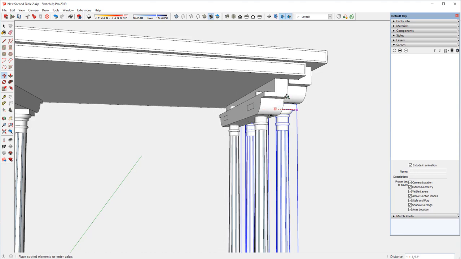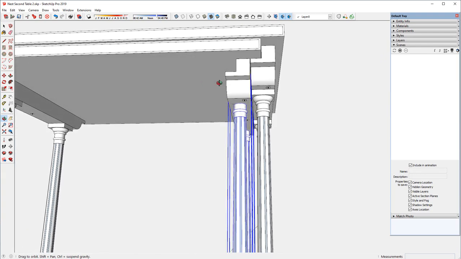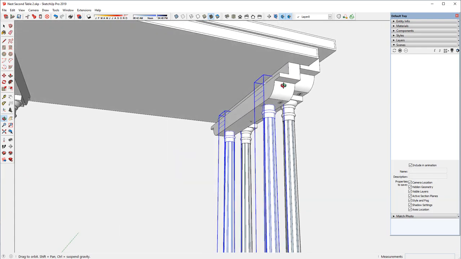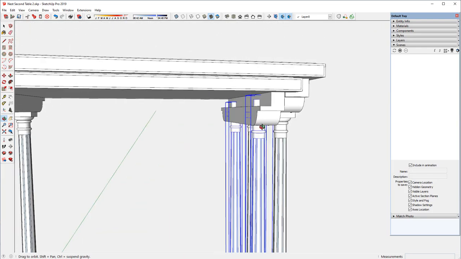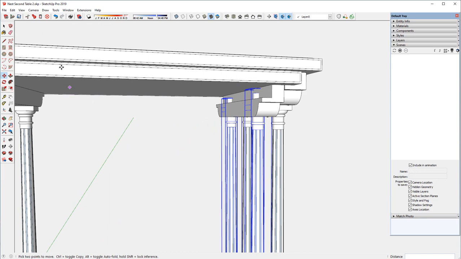Obviously these legs or posts are too long for the second table. And I need to adjust the length. And the way I'm going to do that, but first I need to make these